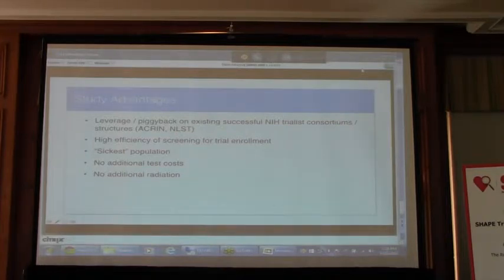We're also speaking to the senior research coordinator, but it's actually an MD who's a Dean Emeritus at the Medical University of South Carolina. And we've also spoken to Pam Woodard, who represents the cardiovascular lead at ACRIN. I think there will be a high efficiency of screening for trial enrollment given the success of the National Lung Cancer Screening Trial. And then we can